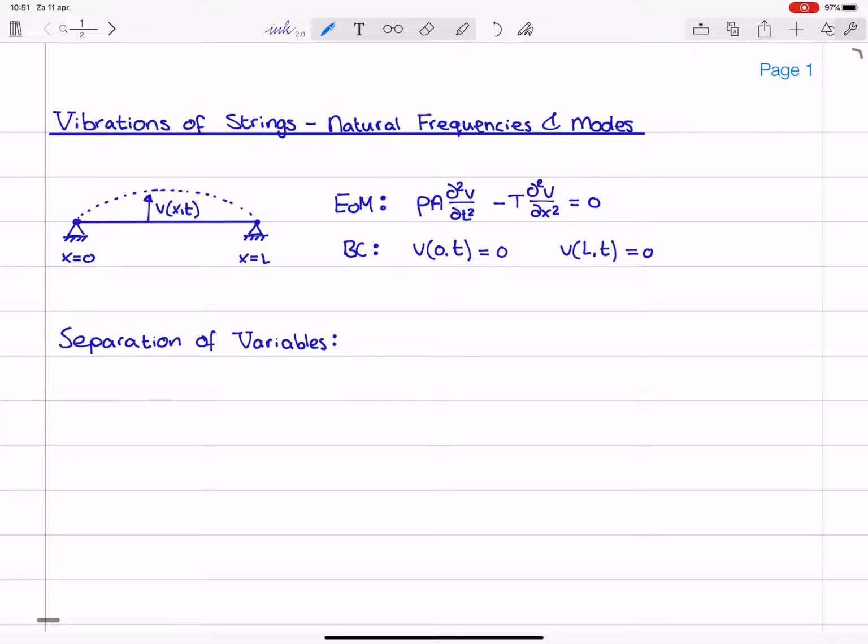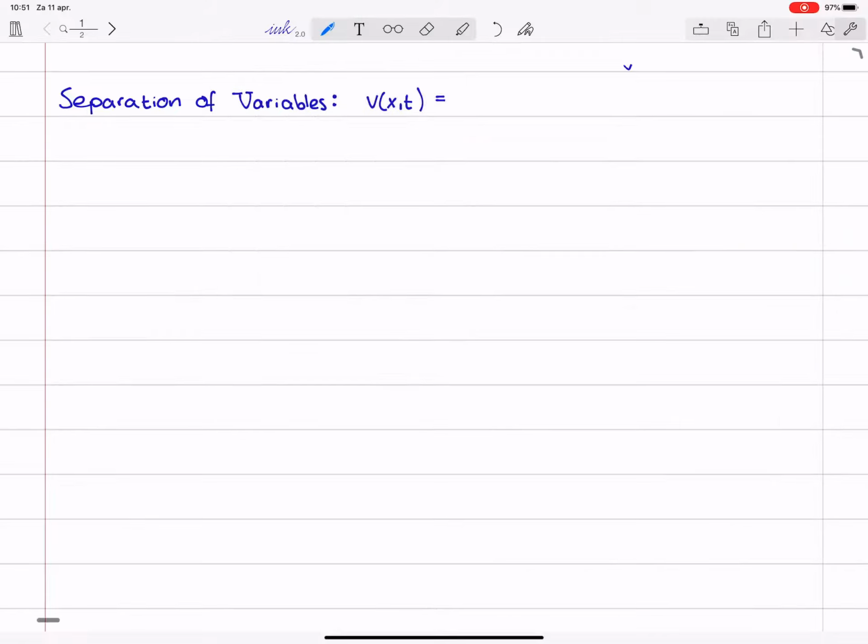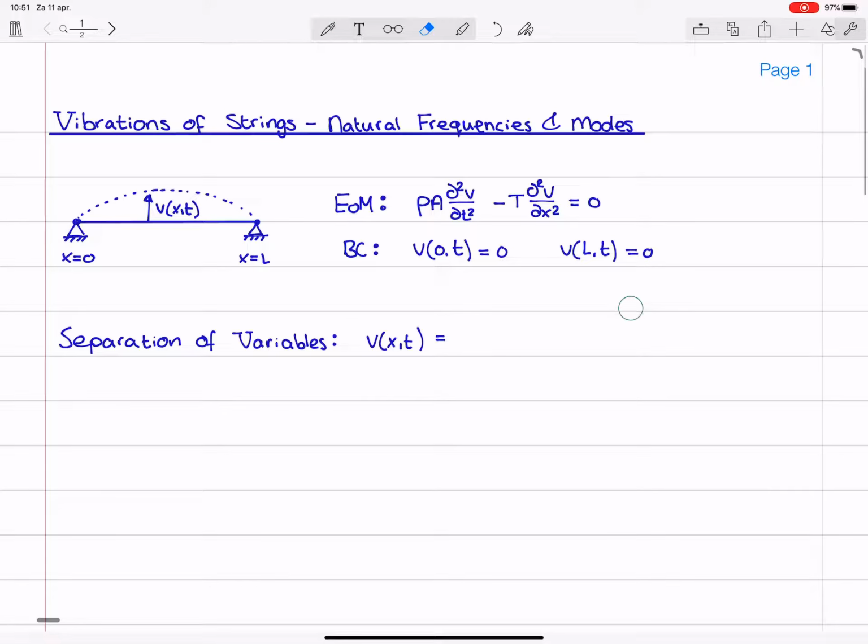Fourier. The idea behind this method is that we take the displacement field, v, which is a function of x and t, and we try to solve this by splitting it in a multiplication of a function that I will call capital V, which is only a function of x, times a function capital F, which is only a function of time. So basically this is a particular trial solution, and we will substitute it into the equation of motion and see